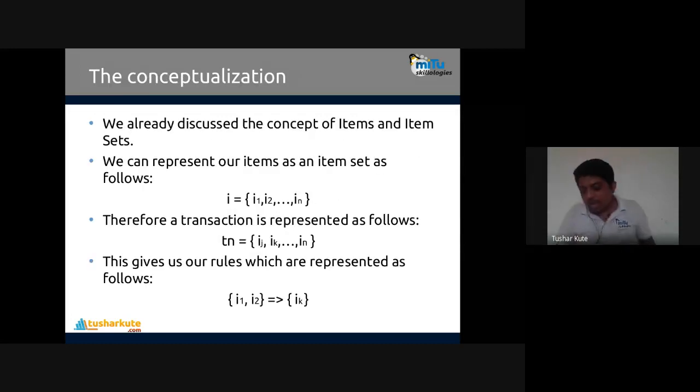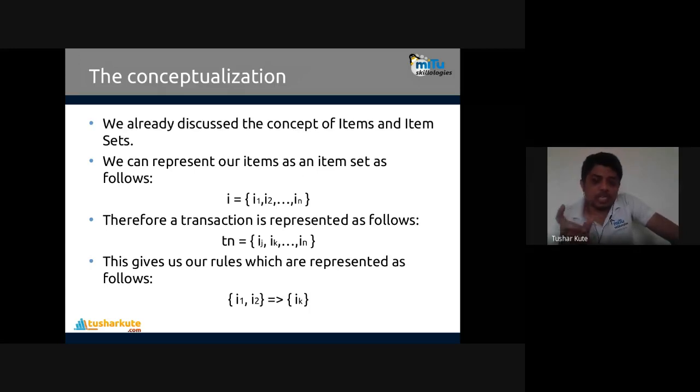Okay, so those are the advantages. Now let's talk about the conceptualization. I want to put them in terms of formulas. So when I want to answer the question, how exactly can I answer? That's also very important to know. We already discussed the concept of item and item sets. An item means a product or a good that I will purchase, anything I can purchase. When I go to a Kirana store, any grocery store or any stationery store, I take items, 4 items, 5 items, 6 items. So we give it the name I. I is a set of items.